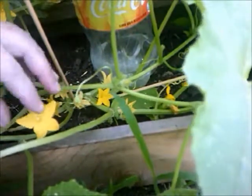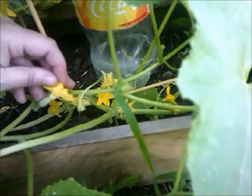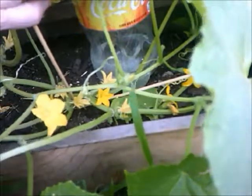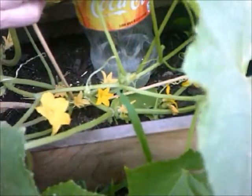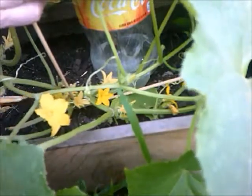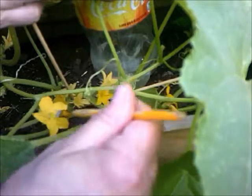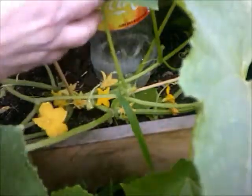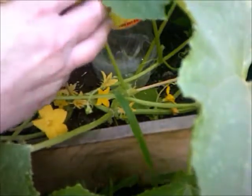There's a couple of ways to pollinate this little female blossom. See the little cucumber? The first way is to take a paintbrush and dibble dab it in the center of the male blossom, and there's pollen all over this brush, and then dibble dab that in the center of the female blossom. The other way you can pollinate this is to pick a male blossom off the vine